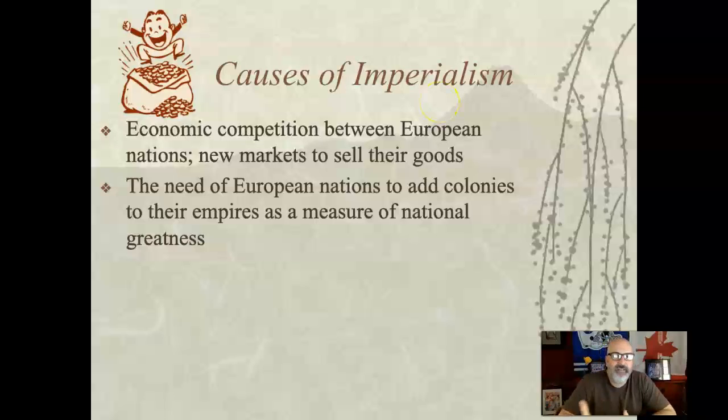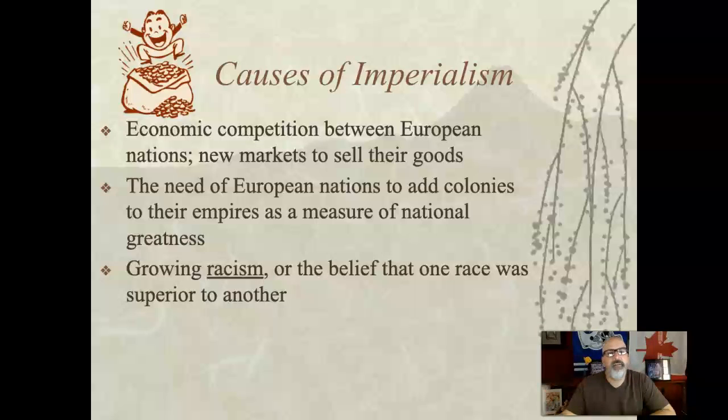Who's the best? One of the main isms of the 19th century is nationalism, and that takes two forms. We have nationalism like we had German nationalism and Italian nationalism in 1848, where you say, we are one people, one language, one culture, we want one nation. But then once you have a nation, nationalism takes the form of, we are better than other nations. Britain is better than France. Germany is better than Italy. Basically, you want to measure your greatness against your neighbors. And so the number of colonies that you have and the size of your empire is one way to keep score. And then the growing racism,